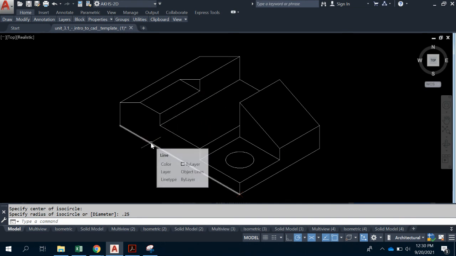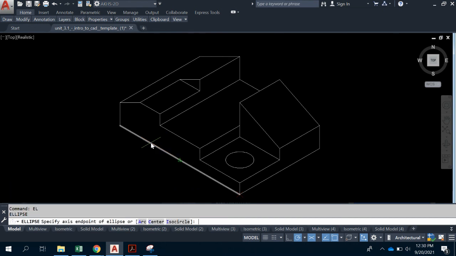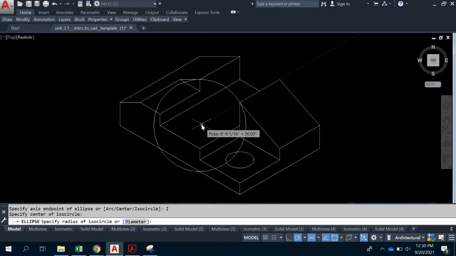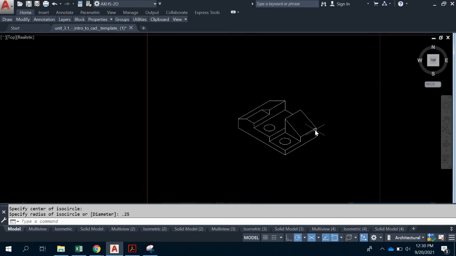Let's see if we can get it to snap. If not, then we can draw some construction lines. So an Isocircle. There we go. We want it to snap between the midpoint. Midpoints are little triangles, endpoints are squares. So this midpoint, this endpoint along this axis, right? Maybe not. There, right there. Click, and then you want a radius of 0.25. And then that will complete